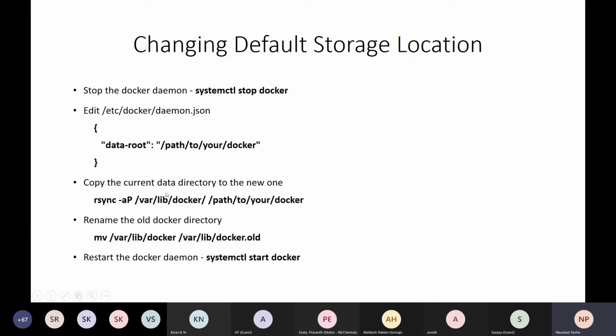Second, hey Naushad, as you told us, all of the data about Docker will go under /var/lib/docker. What if that is full, or what if I want to change the location?